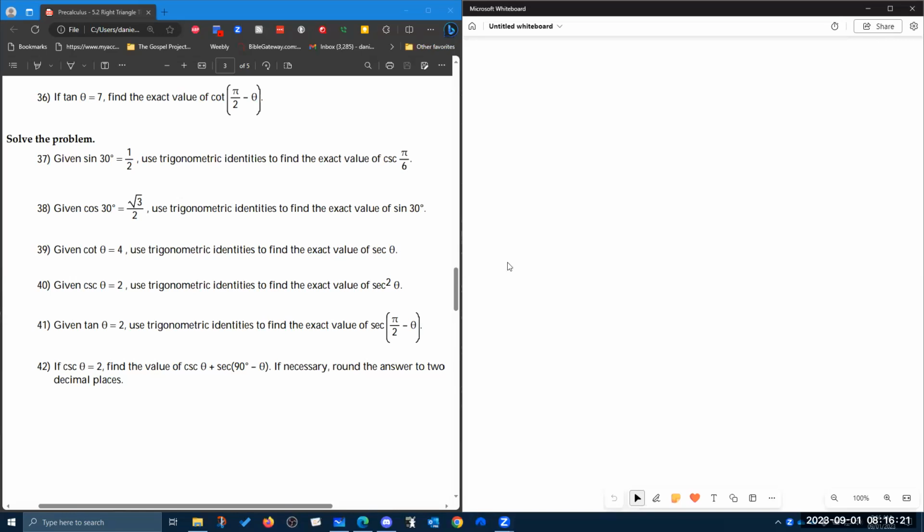In this video, we're going to do some problem solving with the fundamental trig identities that we've learned. So we're going to be given that sine of 30 degrees is equal to 1/2. And we're going to use trig identities to find the exact value of cosecant